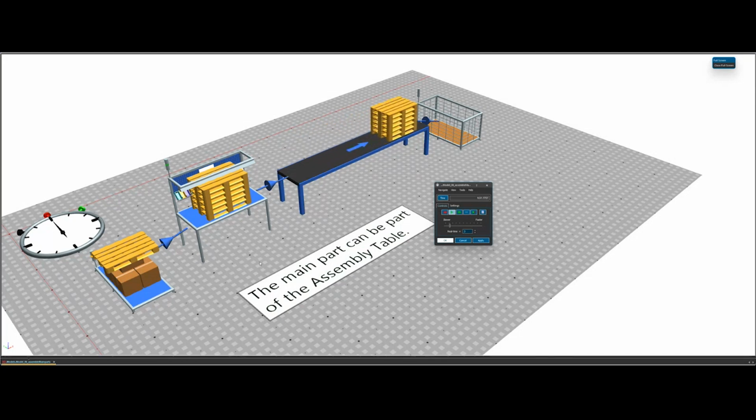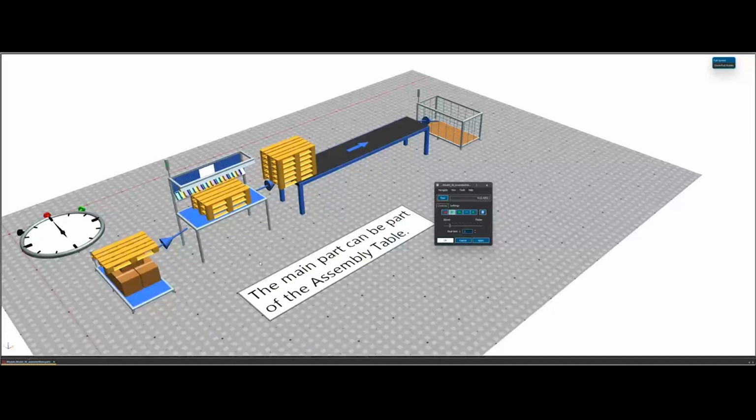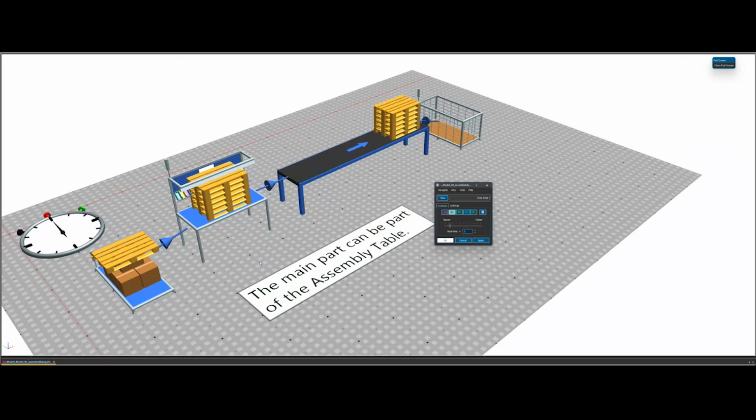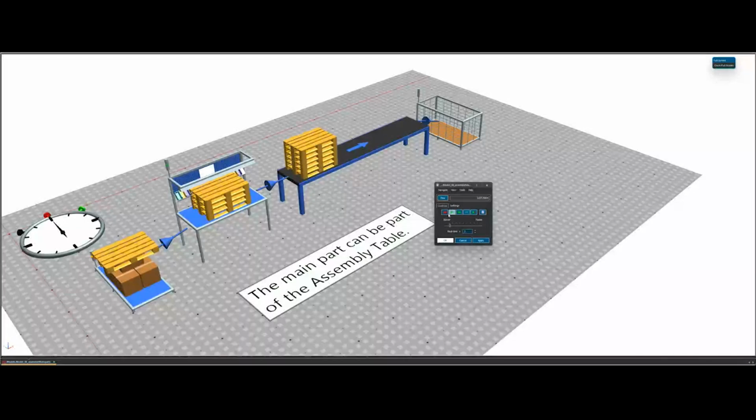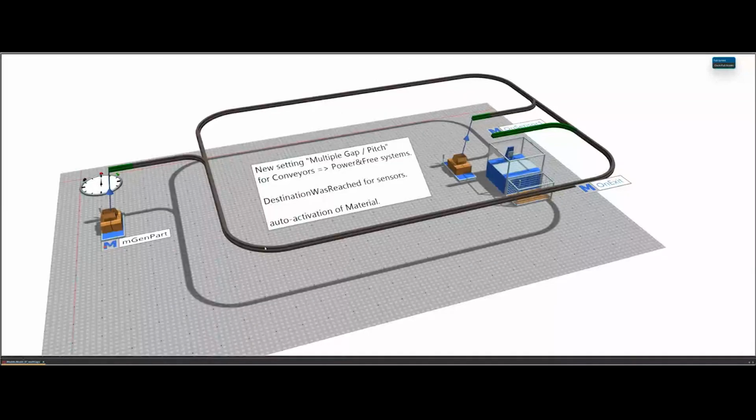If you have something like a pallet stacker or a box stacker, or a tray stacker, things like that. Again, it was possible with the previous versions if you use some dummy predecessor objects or flow controls and stuff like that, or Syntorg. But it was always a little messy. Now it's simply available as a built-in function. So I like this one very much, even though it's just a very small feature technically.